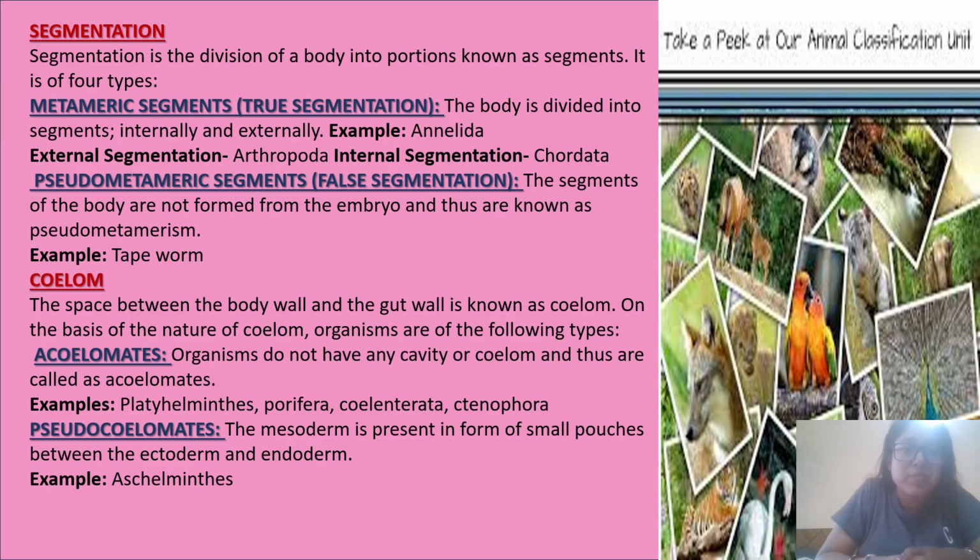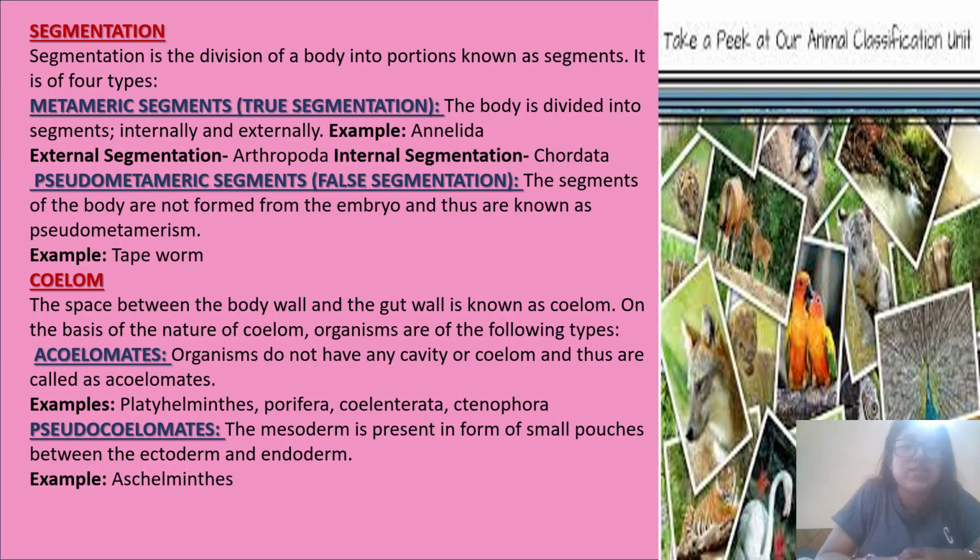The segments of the body are not formed from the embryo and thus are known as pseudo-metamerism. Example: tapeworm. Next, coelom. The space between the body wall and the gut wall is known as coelom. On the basis of the nature of coelom, organisms are of the following types. Acoelomates: organisms that do not have any cavity or coelom and thus are called acoelomates, that is Platyhelminthes, Porifera, Coelenterata,